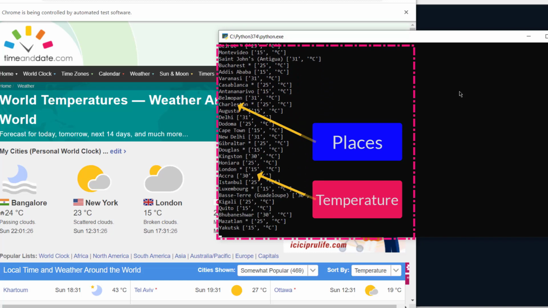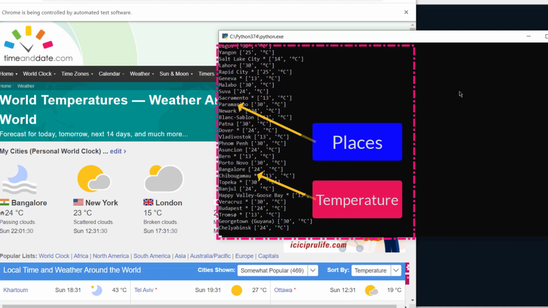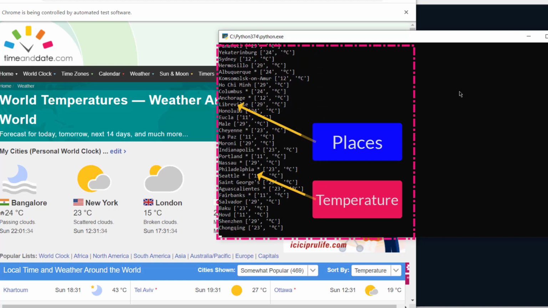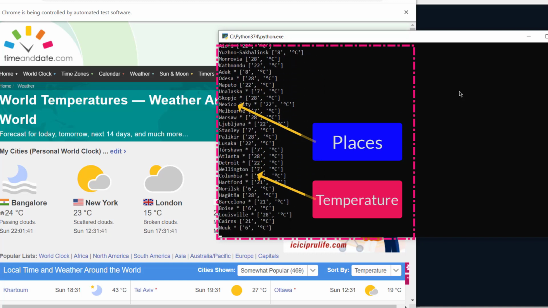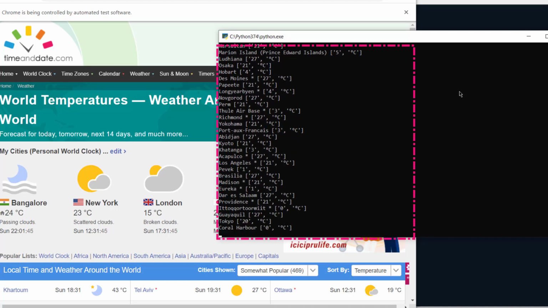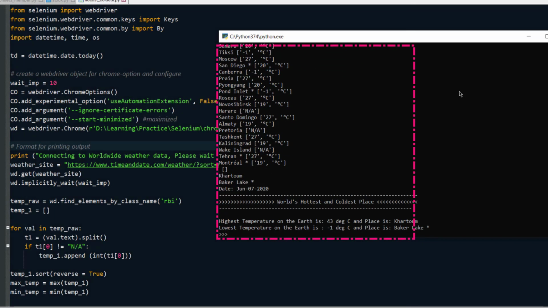Time and date collects information from a service partner, and they keep updating this on a regular basis. So I'm basically scraping the data. The place names are appearing here along with the temperature value and the unit, that is degrees Celsius. So we'll just wait. Approximately there are 428 places, and here we go.